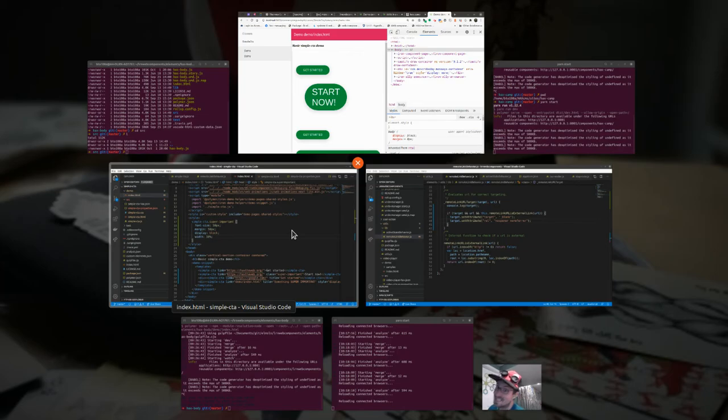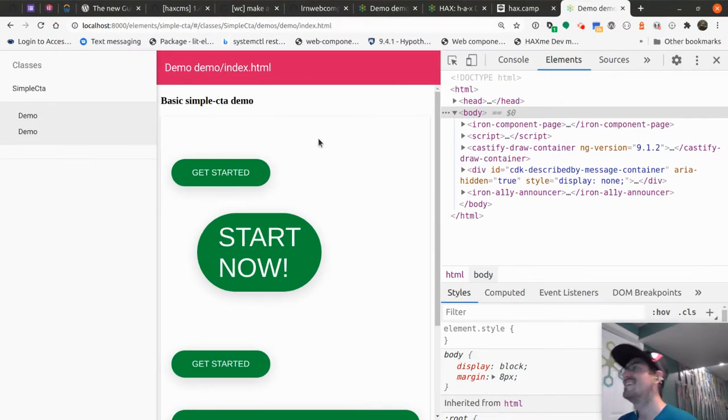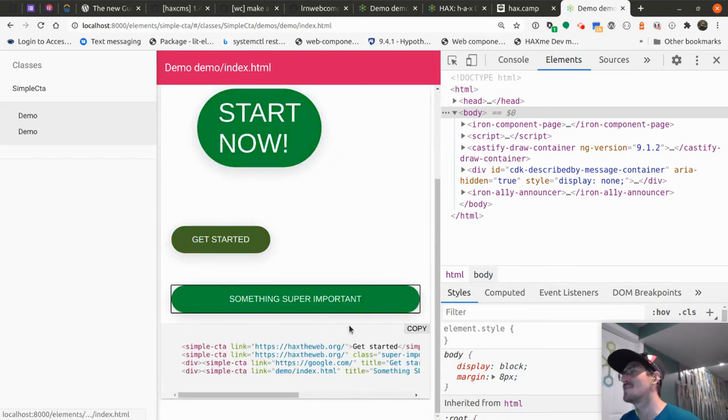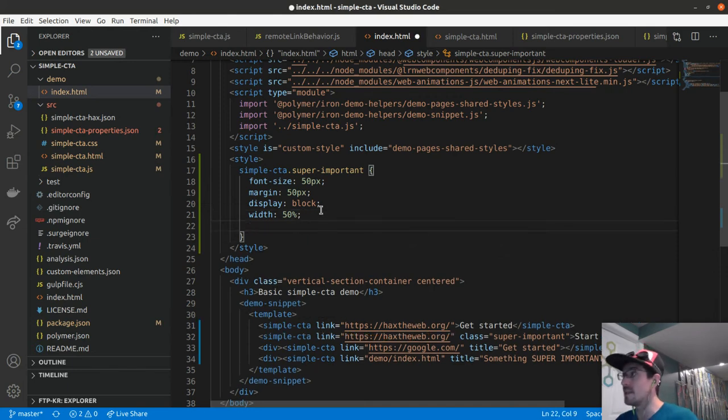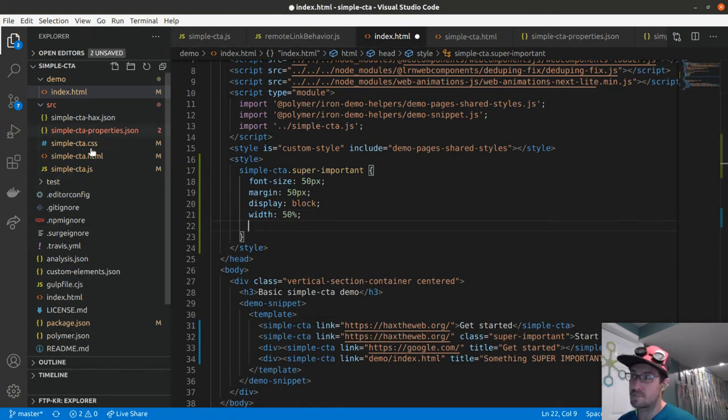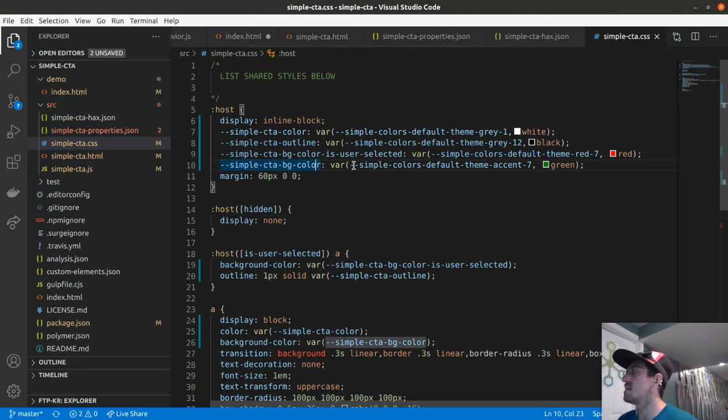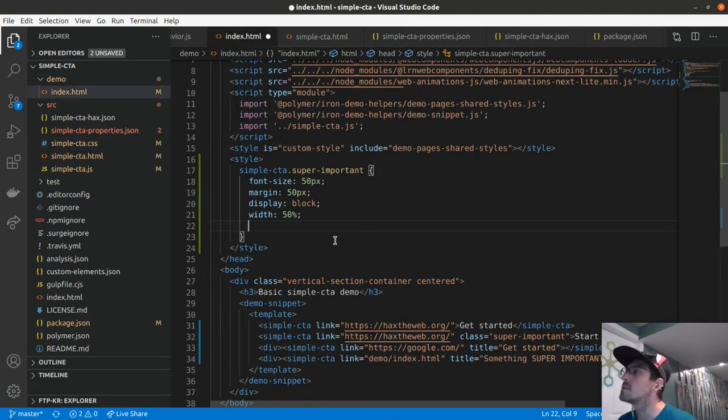It does stupid stuff is what it does. But again, you can modify it, so that's fun, right? Start now, hack today. Something super important. We could also in here leverage the CSS variables, right? So we can go into CSS and then we can hijack some of these. So we can say, well, let's say the state of user selected. Right, and close that. We'll do this variable equals